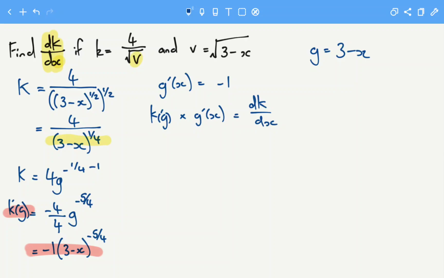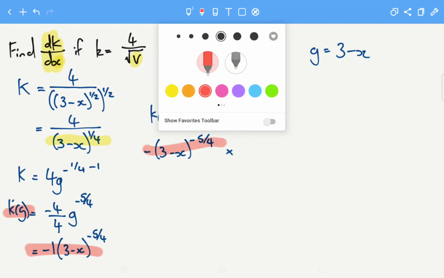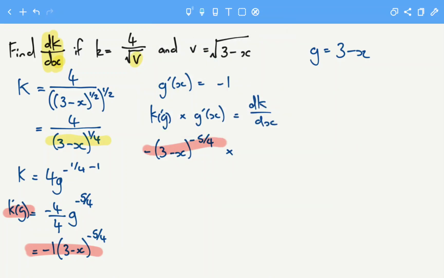So we'll put that in. -3 minus x to the -5/4. Or, remember, we'll do that step next. It makes more sense. Times, we'll make this a nice blue, the differentiation of g in terms of x, just here,